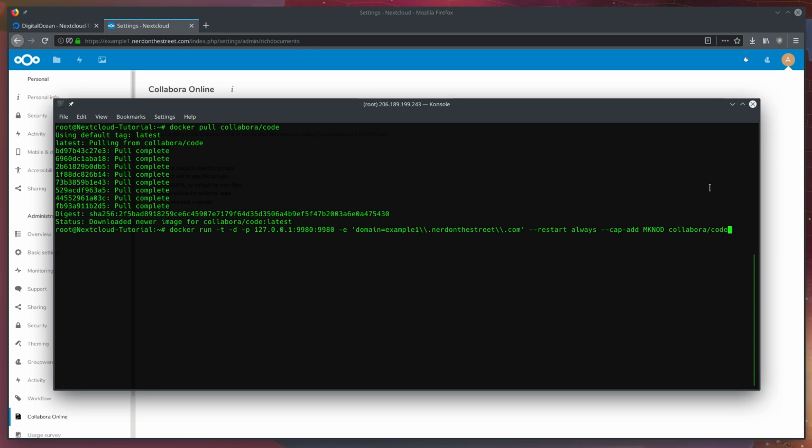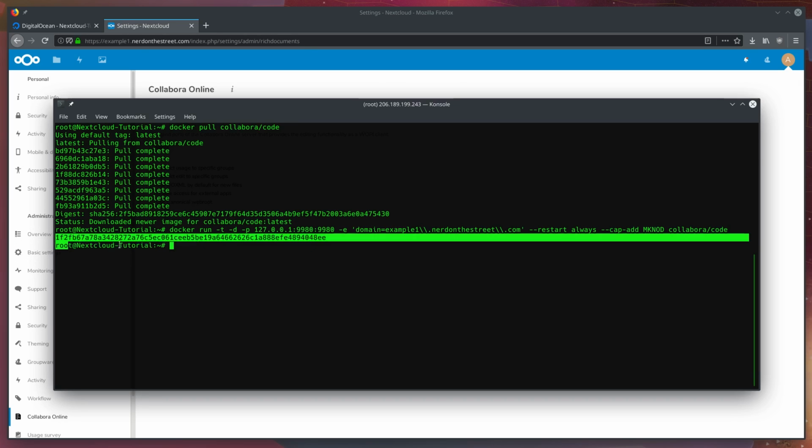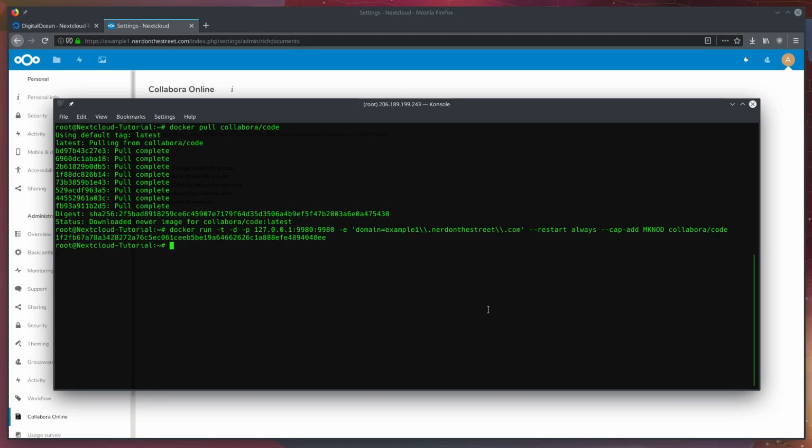collabora/code. And this is referencing just the same thing we typed up here, the image. All right, so at this point we're going to run this, and let's see what it does. All right, we just get this long string of output, I love Docker. Okay. Now at this point, we need to set up Apache to point